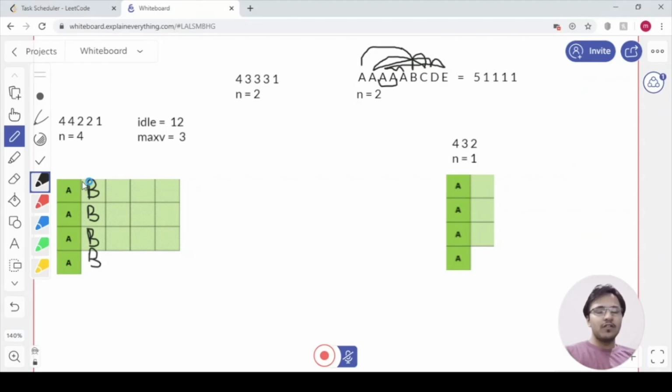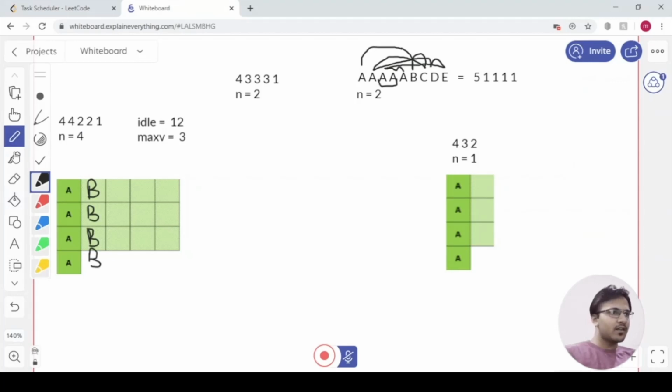Now what will we be subtracting from the total number of idle slots? Well, you can see here we'll be subtracting 3, not 4. Why? Because this here was not actually an idle slot. So that's why we stored the max v here. This will store the maximum rows which will have idle slots, and this is the frequency, the current frequency on